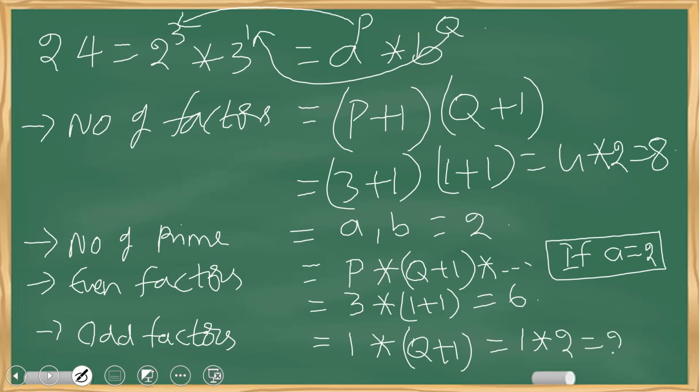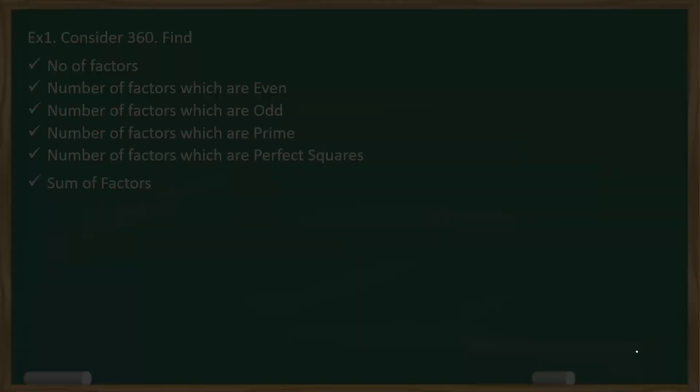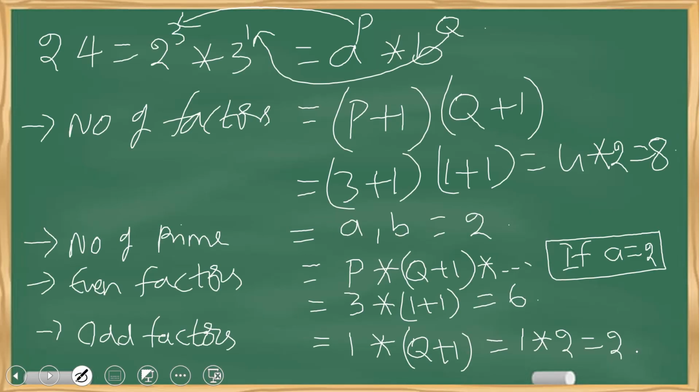That is equal to 2. Now, what is the leftover thing? That is perfect squares. When it comes to perfect squares, again you need to see how many are the perfect squares in 2 cube and how many are the perfect squares in 3 power 1, as we did in the last thing. The last thing in this one is